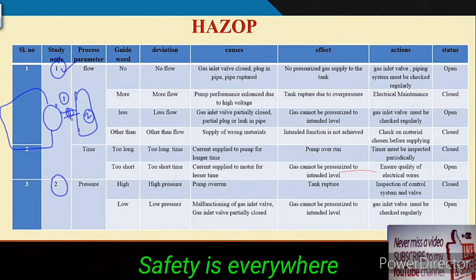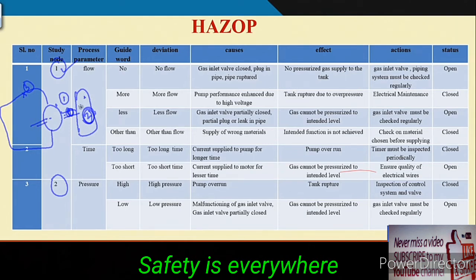You may take some other things, but we have taken these two because we thought that these two are able to tell you most of the deviations. Okay. But there are switch and other wire, those deviations also require to be found out, and in that case if you take another one in wire, then if wire is not having current, then there may be problem of other things that also can be taken care of. Suppose you just think of this place where from the pump, through this pipe, this particular tank is filled by gas.